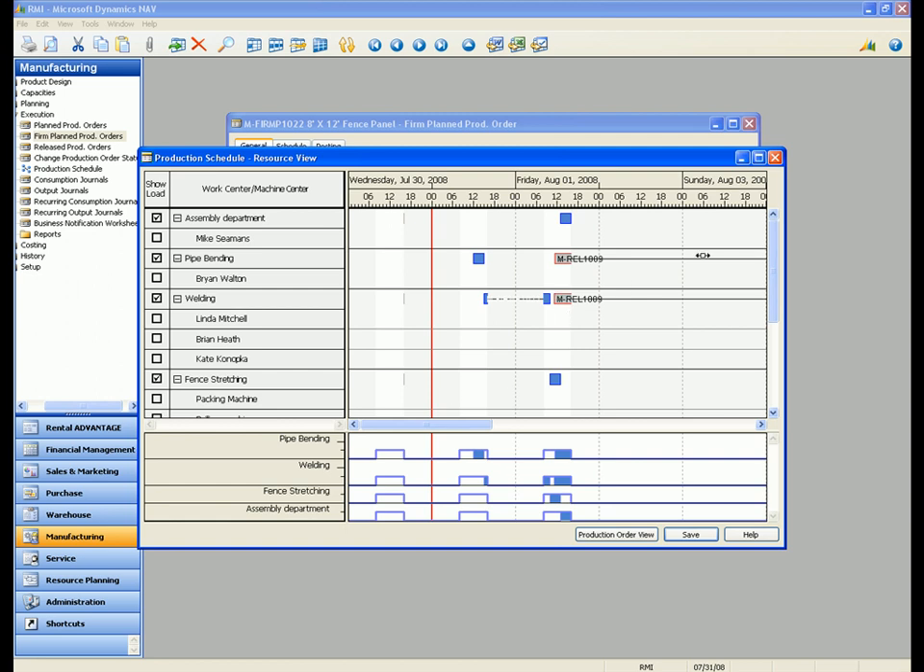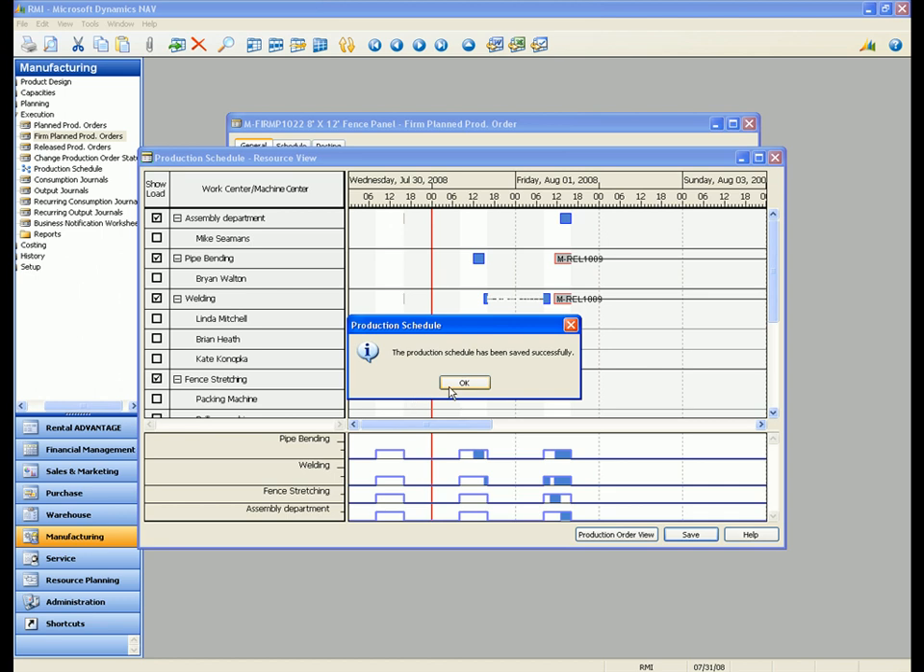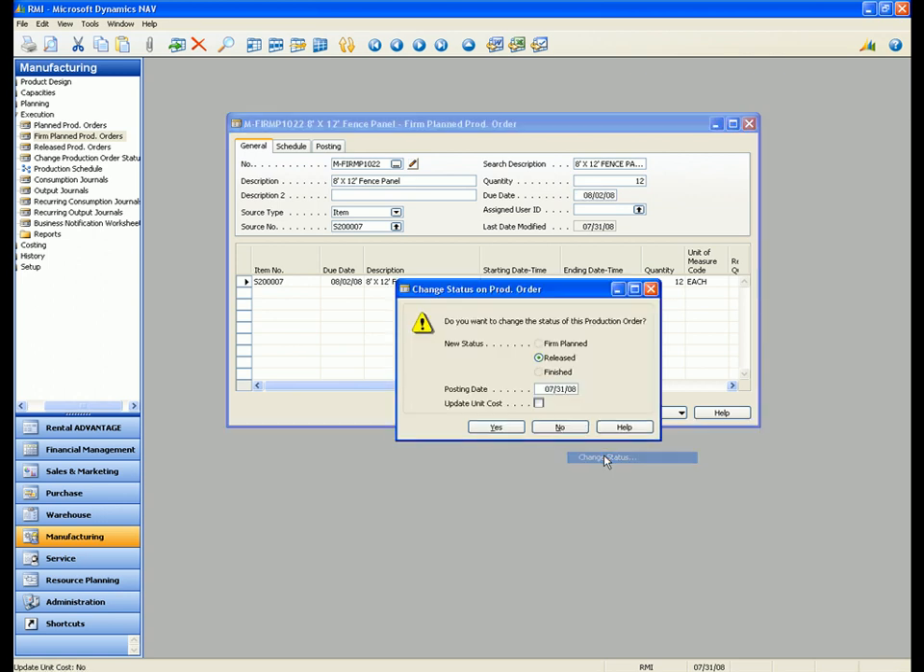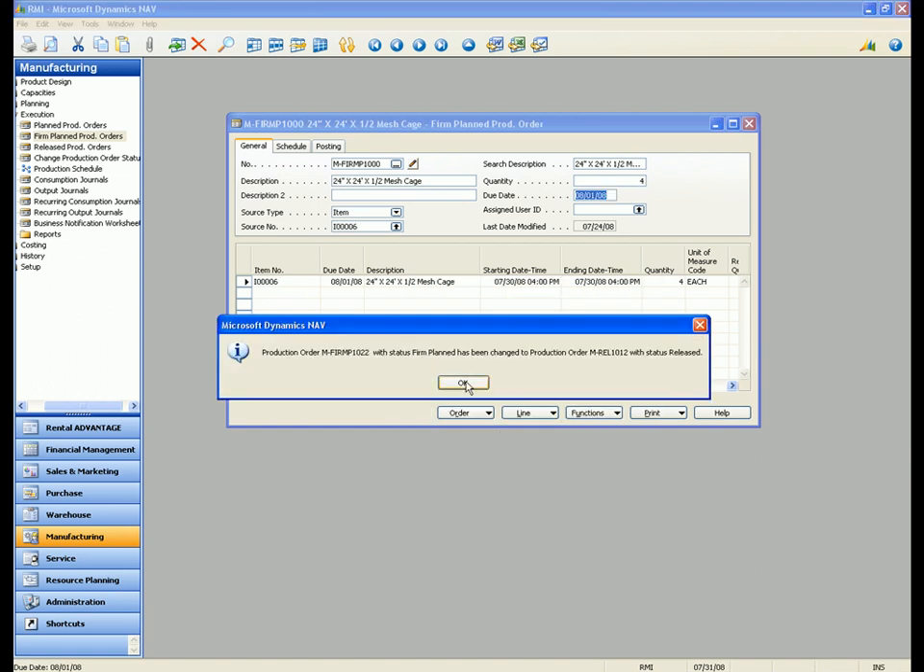Now that I'm saving the changes I've made on my production schedule, I can change the status of my planned production order and make it a released production order to the production floor. The system is confirming my action to change the firm planned production order 10/12 to released production order 10/12. As we go to the released production order,